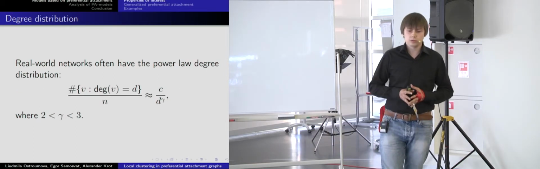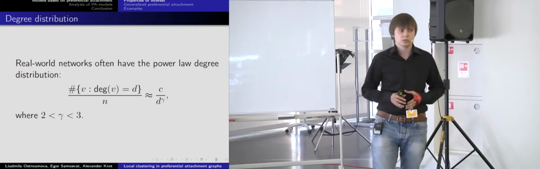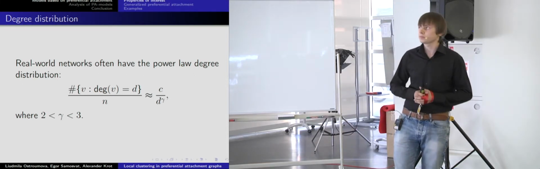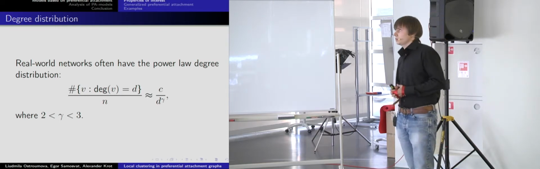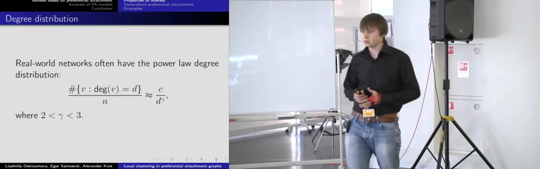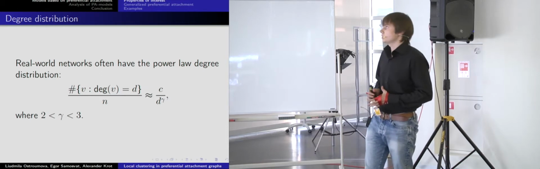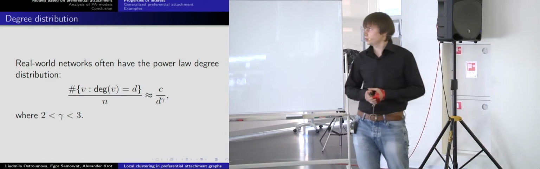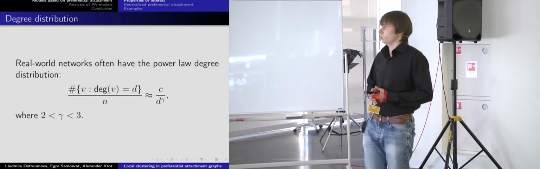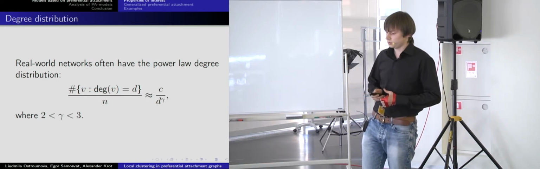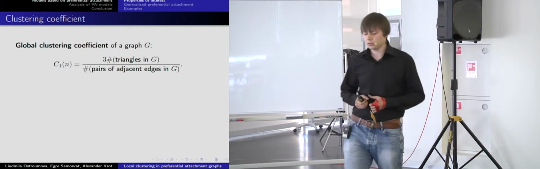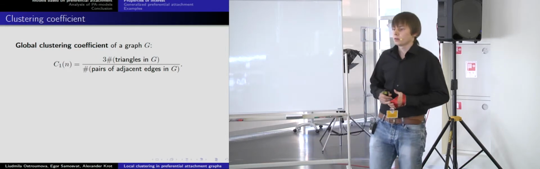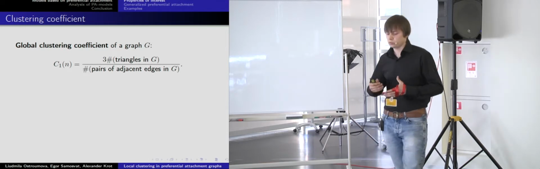Let me start with well-known properties of real networks. The first of them is degree distribution. As you know, in real world networks we have a power law degree distribution, and it's very simple and well-known. Next, two key properties and two key